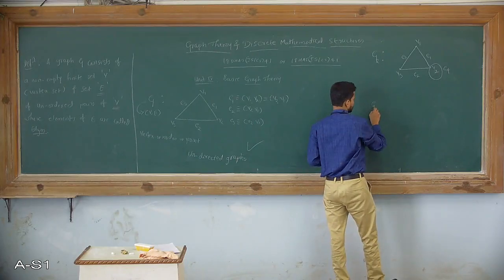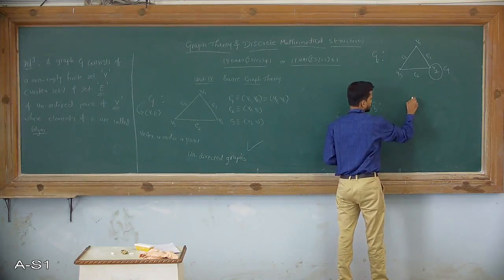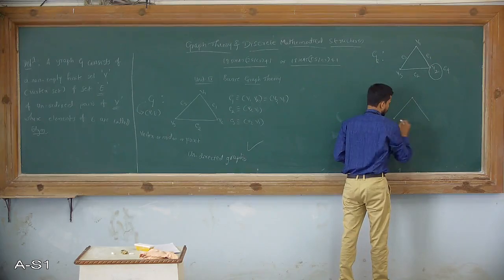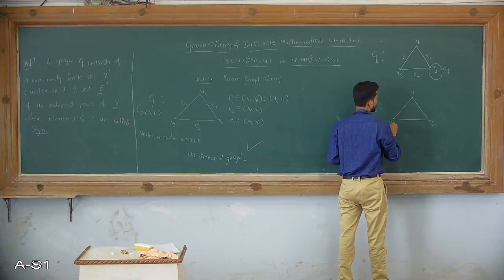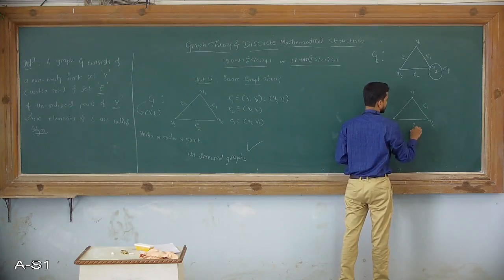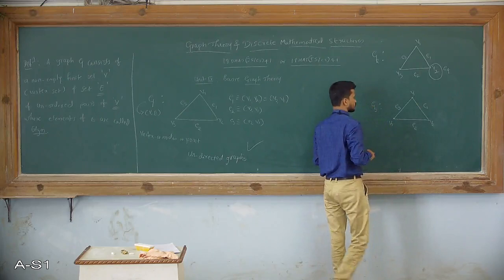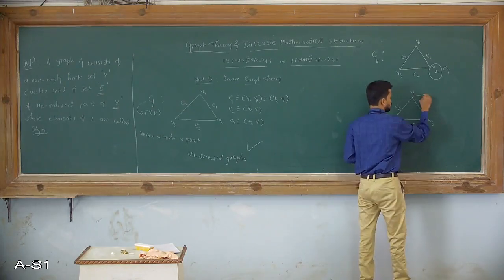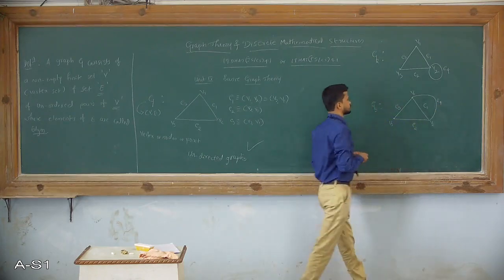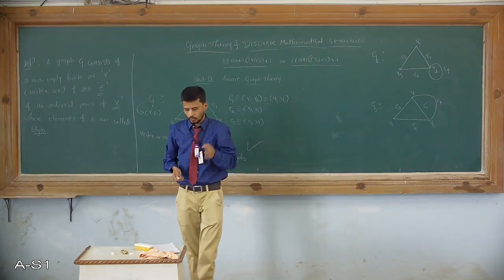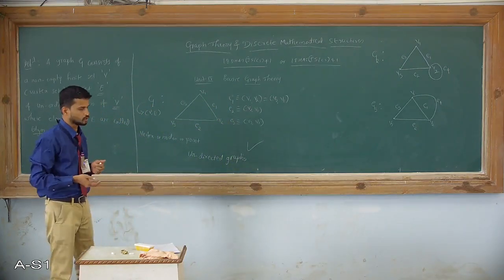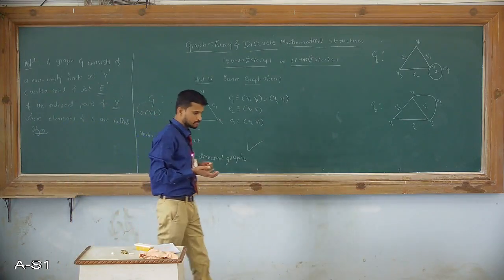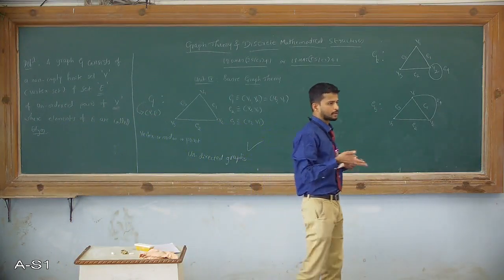In the other case, G3, I will consider one more graph. Again it has the same set of vertices, V1, V2, V3, and edges E1, E2, E3. Instead of using a loop, I will use one more edge, which I will name E4, again from V1 to V2. So it is not necessary that only one edge always exists between two vertices. We may have any number of edges between a pair of vertices.